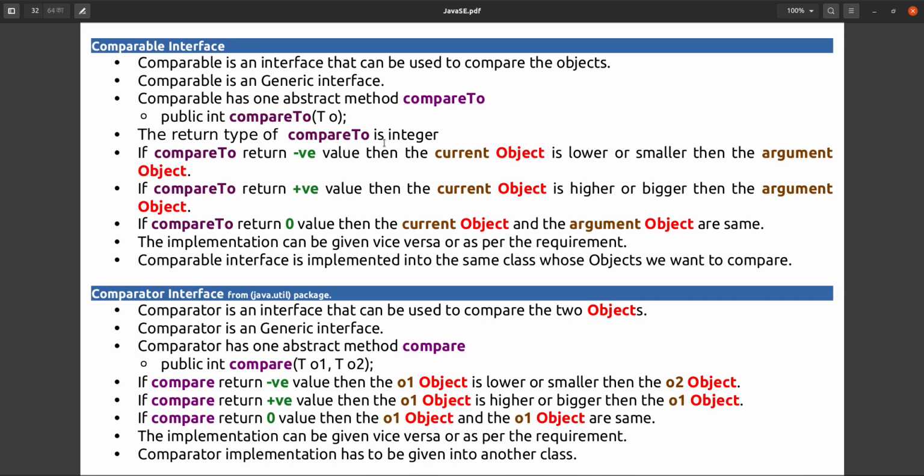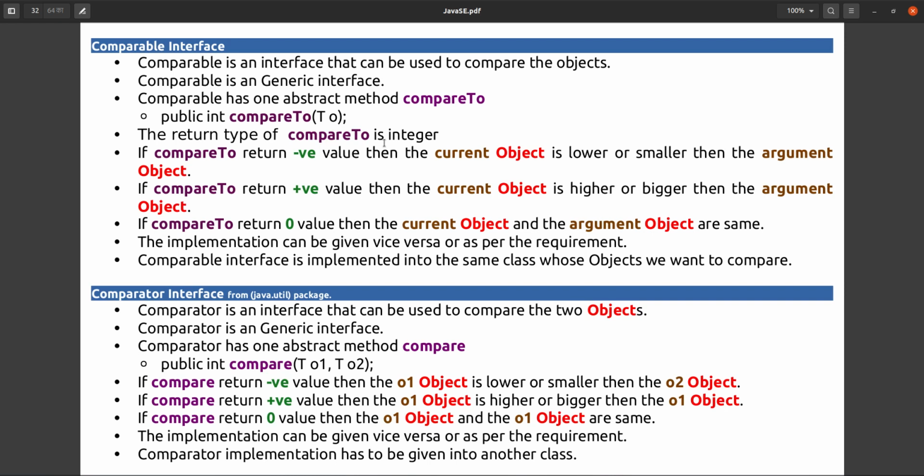But we want something different. I want to compare two persons. I don't only want to know whether these two persons are equal. Equal how? Both persons have the same name, yeah, that is equal. Both have the same age, maybe that is equal. Both can have the same height, in that case that can be the same.